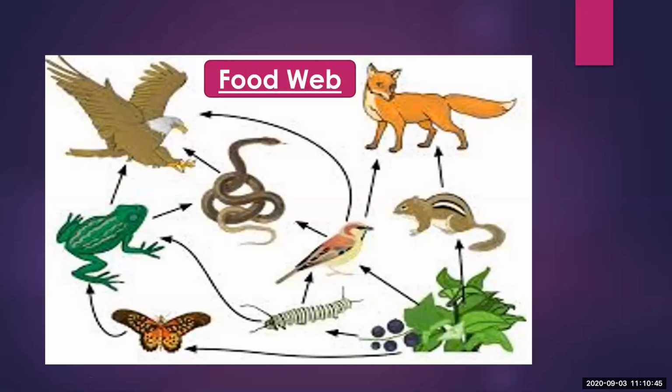An ecosystem consists of many food chains that are interconnected at various levels. You can see they are interconnected at various layers. Thus, a food web is formed. An organism may be prey for many other organisms. Means, like see here,